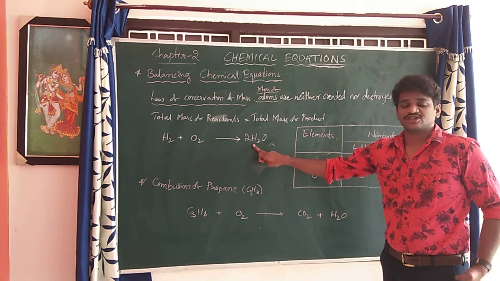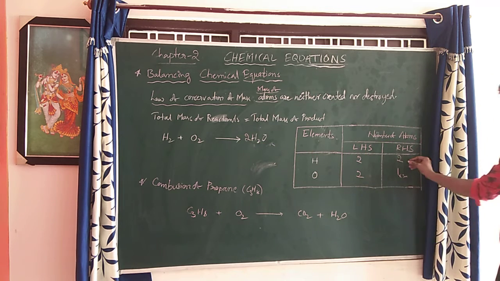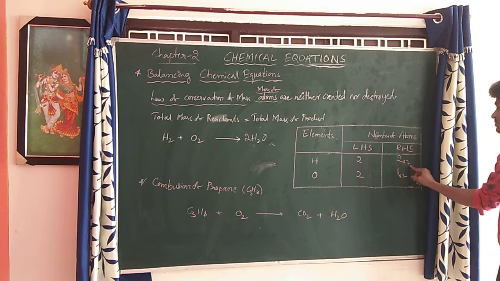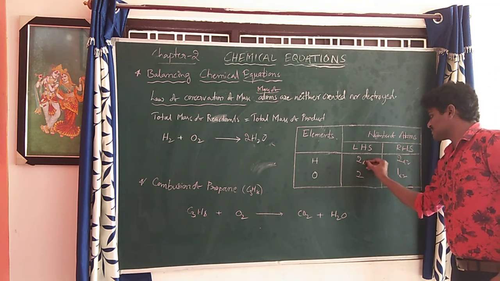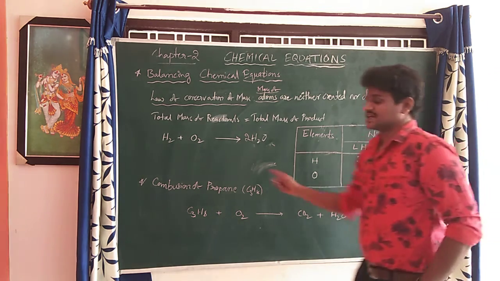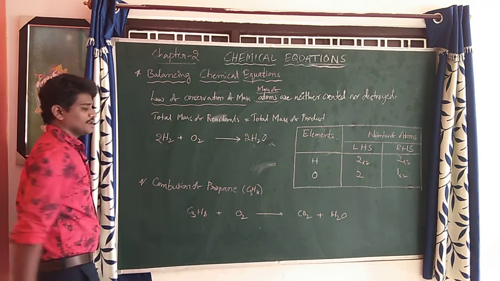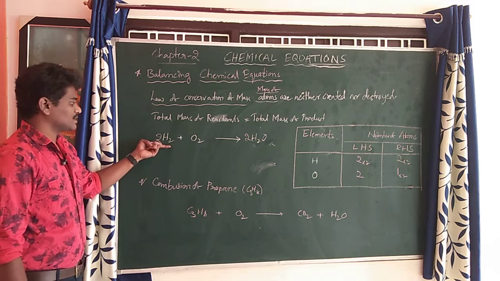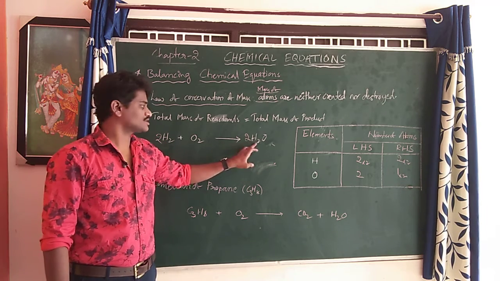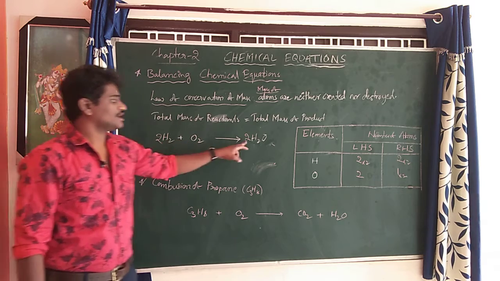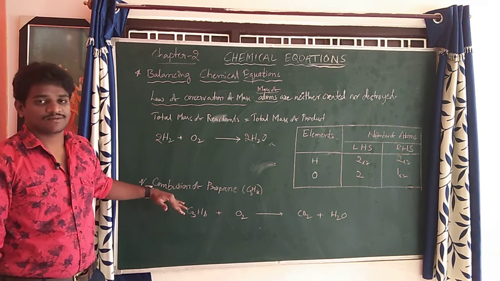Come to the hydrogen molecules. How many are there? 2 2s are 4. 4 hydrogens are there. So what we have written? 2 here. 2 2s are 4. You have to balance hydrogen at the LHS, so here also you have to write 2. Where is hydrogen? This is hydrogen, on the left hand side. You have to write 2, so 2 hydrogen molecules, 2 2s are 4 hydrogens. And here also 4 hydrogens. Oxygen is 2, so oxygen is also 2. That's why this reaction is balanced now.